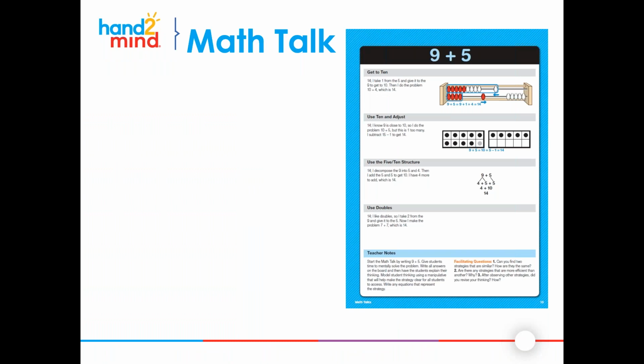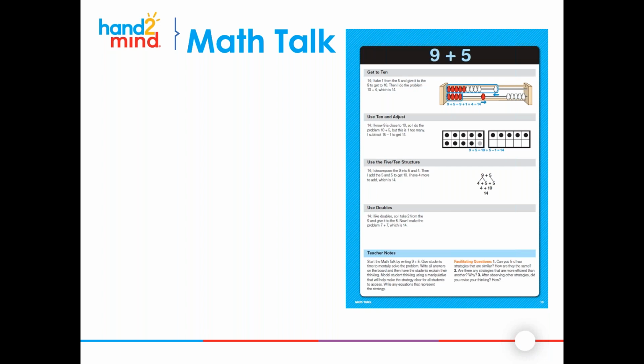Another routine that we can do is called a math talk. So we have number strings that really help with constructing those strategies, but we have to provide students opportunities to talk about those in a way where I'm giving them opportunities just to look at numbers. So on the right-hand side of your screen, that is an example of a number talk. It is one problem, and what we've already done at Hand to Mind is we've identified 4 strategies that kids could use to do 9 plus 5.